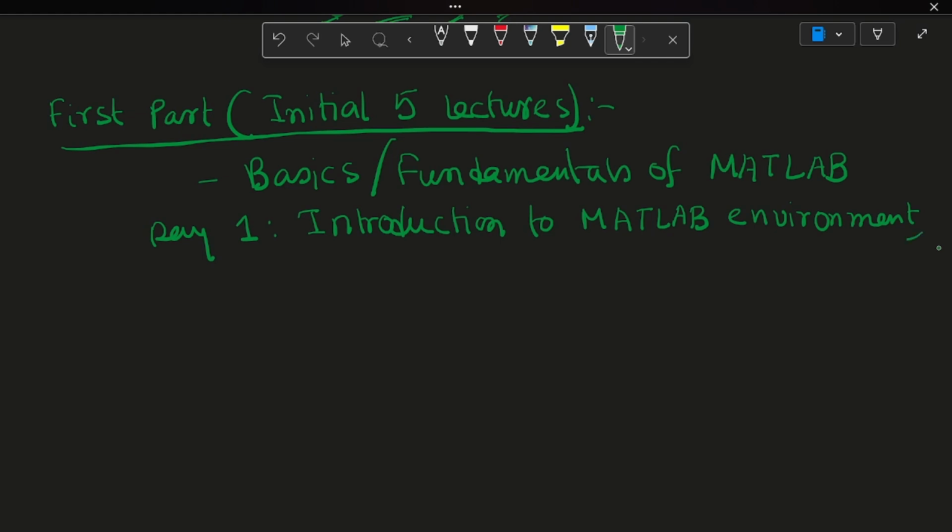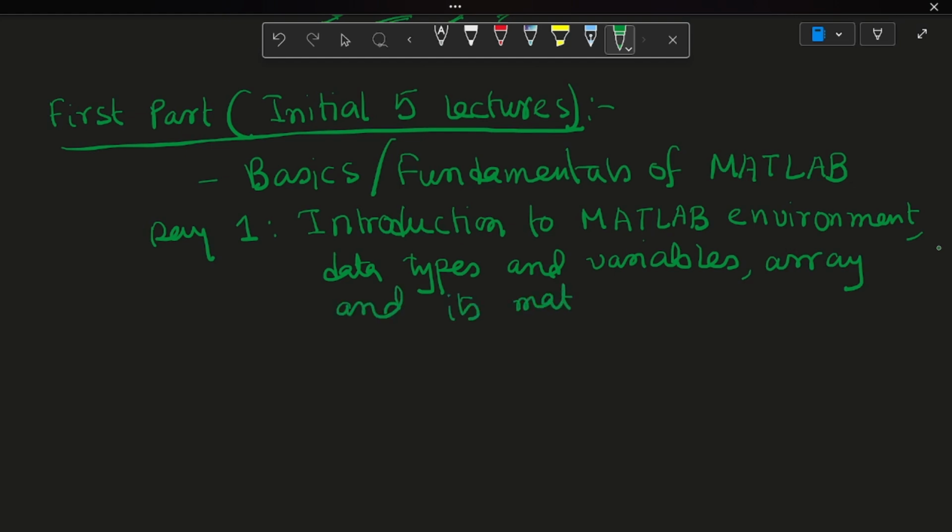Then we will learn about data types and variables. Then we will learn how to define an array and its mathematical operations. So this is what we will learn in the first day. In the second day,